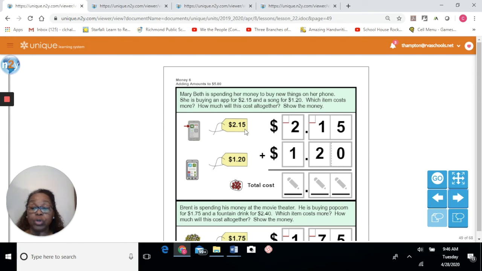All right, and then it says, how much will this cost all together? And that's our magic word, all together. All together means we're going to add. All right, so we're going to add. And let's start all the way over in our ones place. 5 plus 0 is going to be,